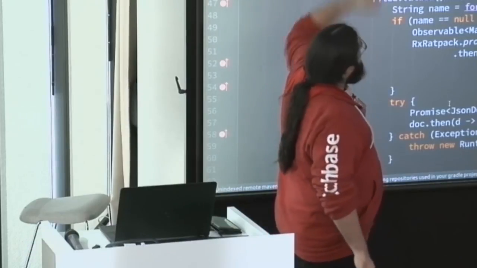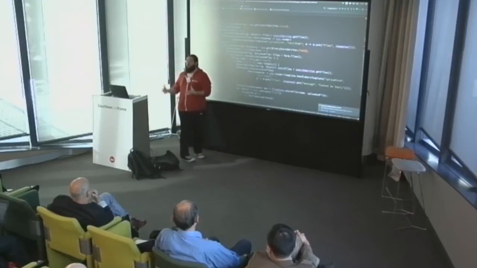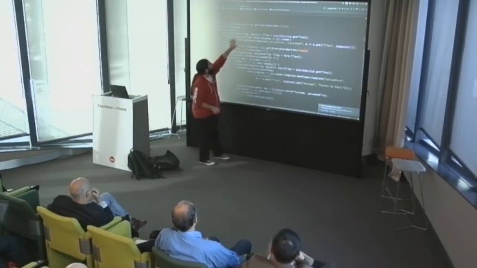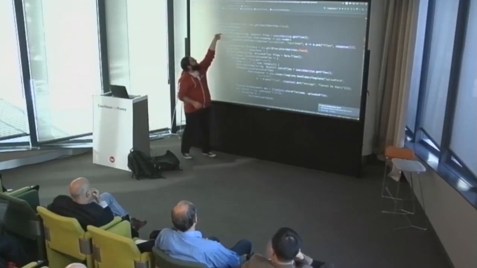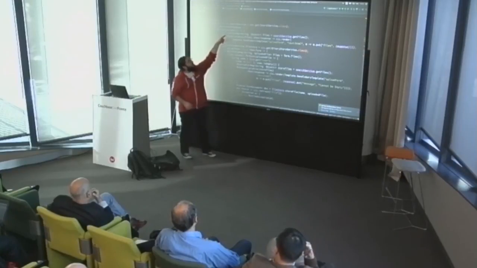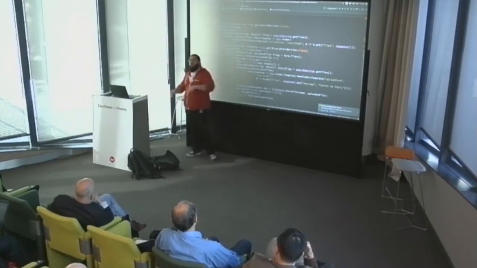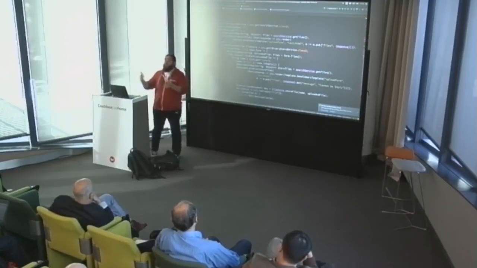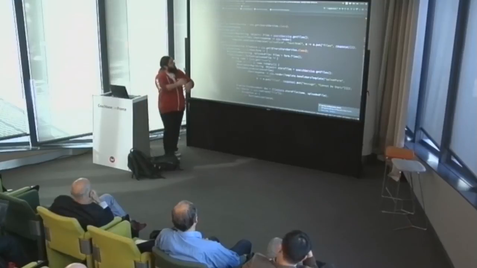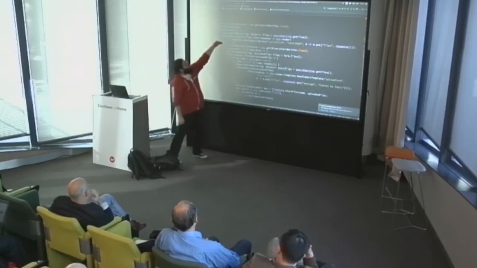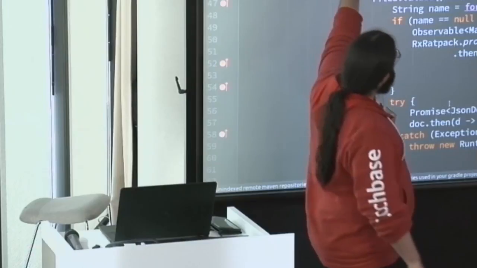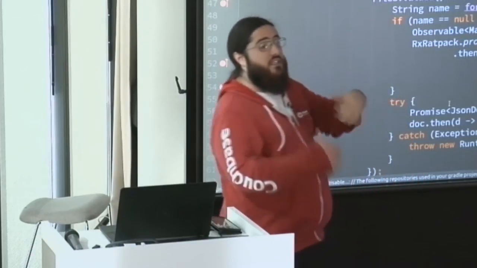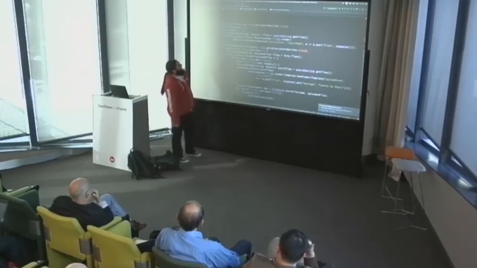So I have an observable of map that's going to come up, and because Ratpack is using promises, I need to call RxRatpack.promise, give it the observable, and what it's going to do is transform this into a promise. And the moment you transform this into a promise, it's basically doing the subscribe method, that method that starts subscribing to the observable, starts doing all these things, and once it's done, well, you can do whatever you want it to, which is here, rendering a template with the map of string as object as arguments. And if it's